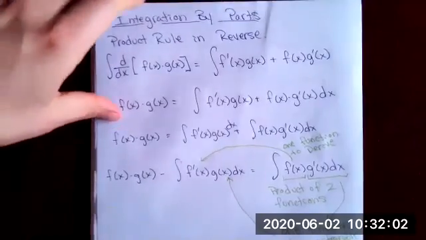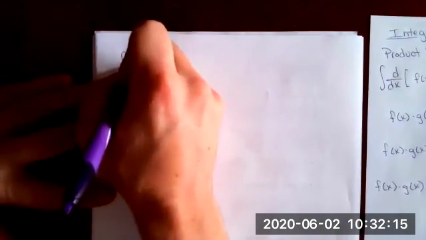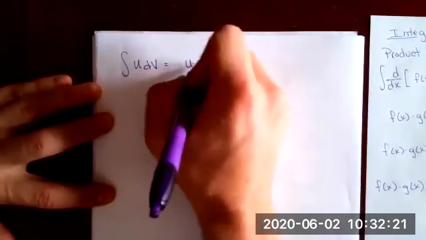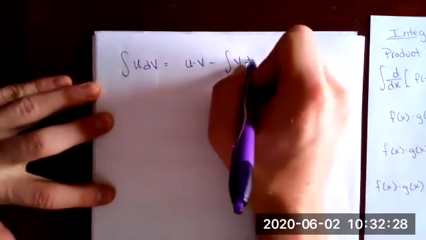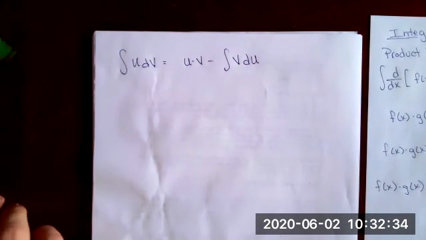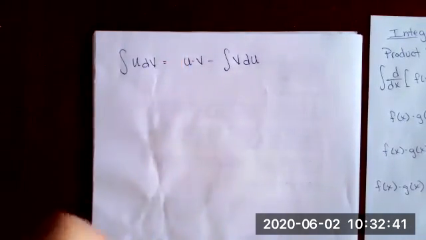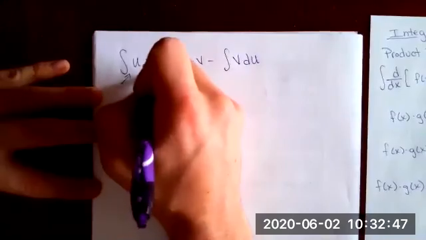Let's rewrite this statement a little differently. So another common way that we see integration by parts, just as a general rule, you commonly see it as the integral of u dv is equal to u times v minus the integral of v du. What does this mean? So this means that we have a product